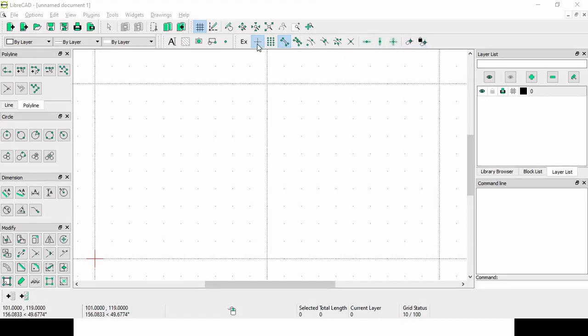Here we can see various options, like this is exclusive snap mode, EX, this is free snap, this is grid snap, and this is snap to end. So various snap options are there. Let me show you the use of these things.